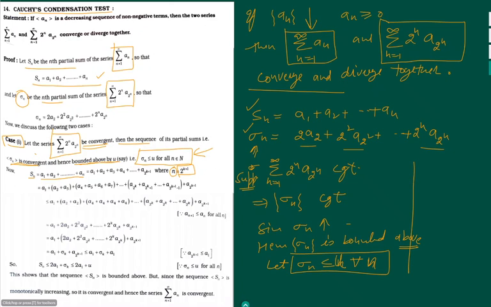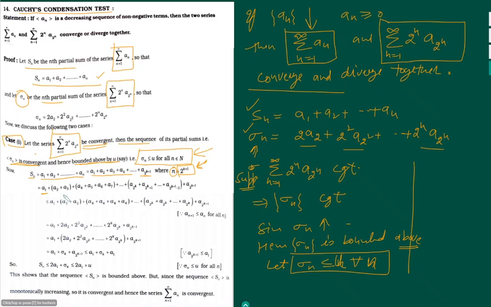Suppose n is equal to 2 raised to the power k plus 1, then Sn, which is a1 plus a2 plus up to an, can be written as a1 plus a2 plus a3 plus up to a2 raised to the power k plus 1. Okay, we are supposing that n is equal to 2 raised to the power k plus 1. Just for the proof, you will understand why we have taken n equal to 2 raised to the power k plus 1.